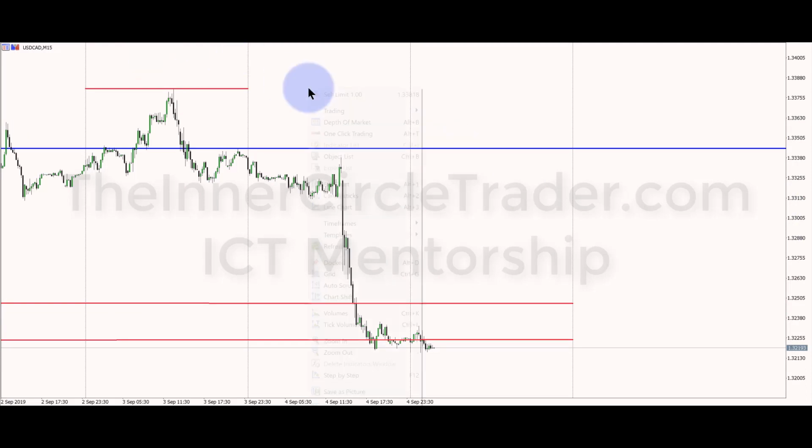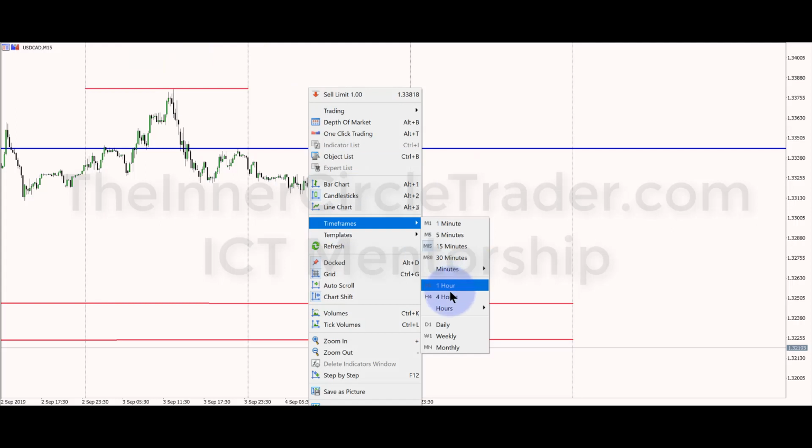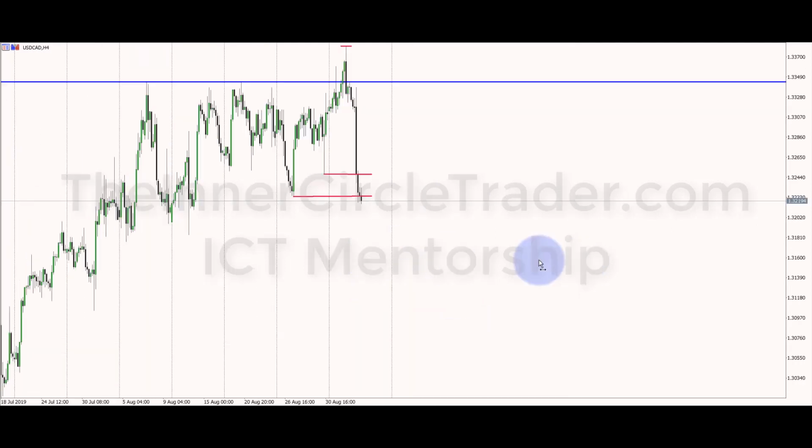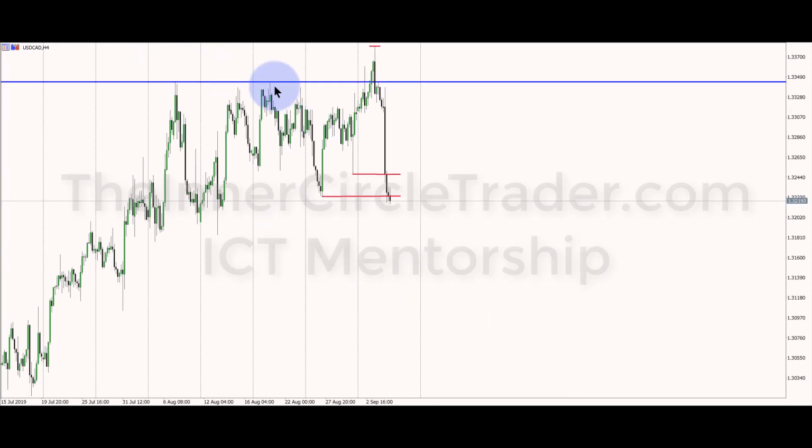If we drop out to a 4-hour chart, just to get a longer term perspective on what we've done so far, we cleared these equal highs, and I think we're going to make an attempt to run below these relative equal lows. And look at the BISI here. Right in here, we have a buy side imbalance, sell side inefficiency that would rebalance at 31.56. So I guess it's about not 100 pips, but a good amount of pips to look for a low resistance liquidity run for these equal